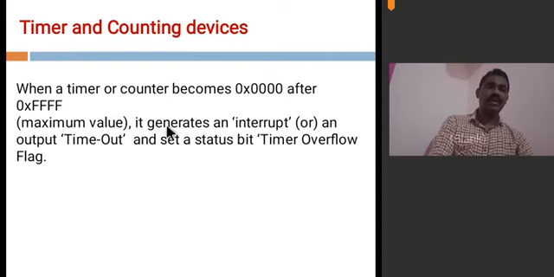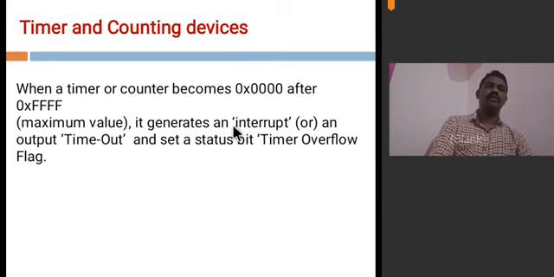Then it generates an interrupt or a timeout signal and sets a status bit which indicates the timer overflow flag, so that another peripheral will recognize that a timeout has occurred, so that the delay is reached.